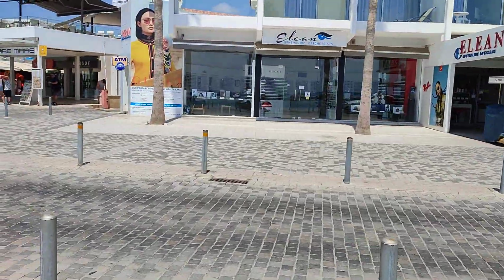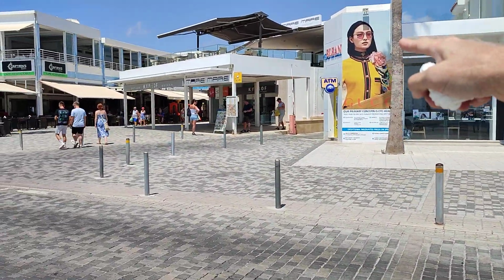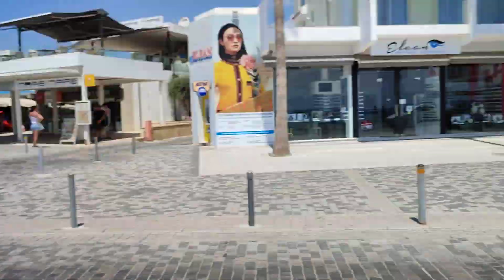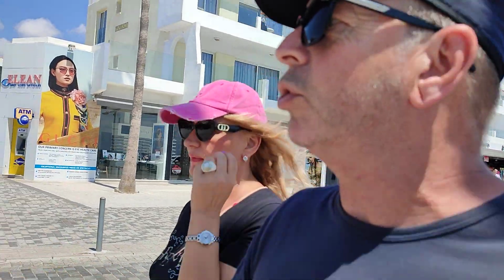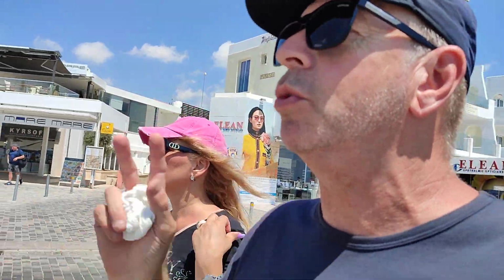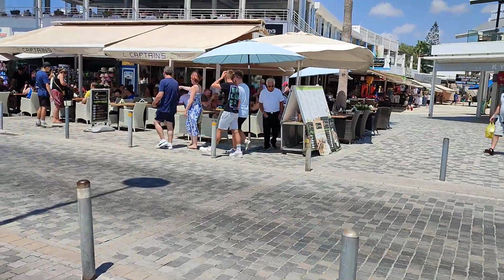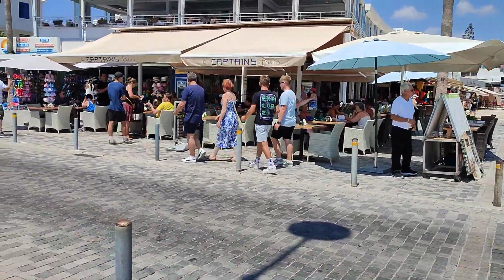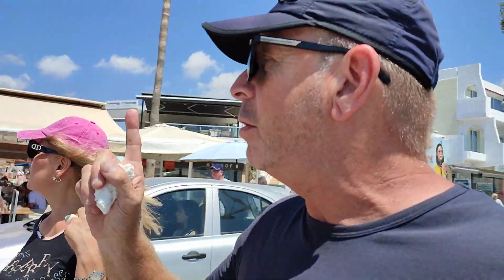Anyway, over there you've got the Alina Opticians, you've got another Opticians, how do you say that one? Kisof. So next door to that one there's another one called Kisof, and then just over here next door to that you've got the Captain's Bistro, and they've actually got a restaurant upstairs called the Captain's View restaurant. So we're going to show you that, have a look at that. There are new Gumbarus, they've made friends with us. There's a guy normally in charge called Michael in the evenings, and he's even offered us a free meal. One of these days we're going to take him up on it,